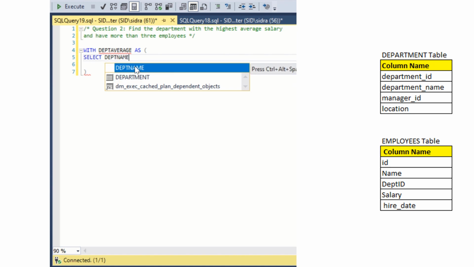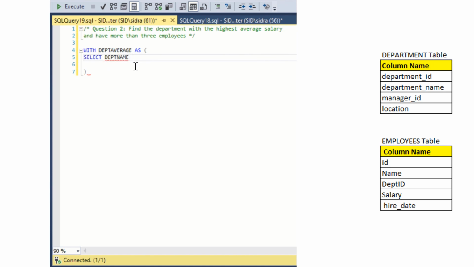Okay, so select DEPT name, which is department name, comma, average, which is the average aggregate function, salary as average underscore salary, I'm giving the name, comma, count e.id, e as in the employee table, so e.id as, let's say, e underscore count. So this is your employee count. From employee alias e,